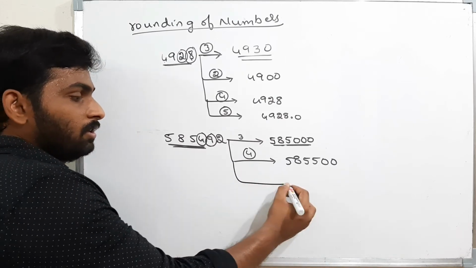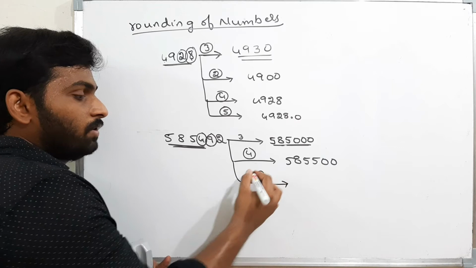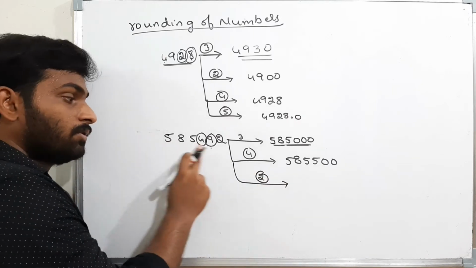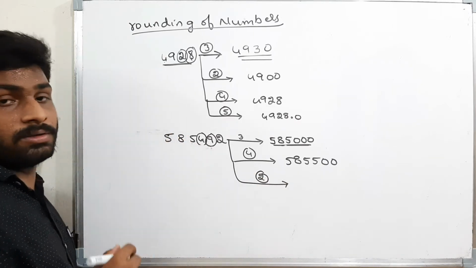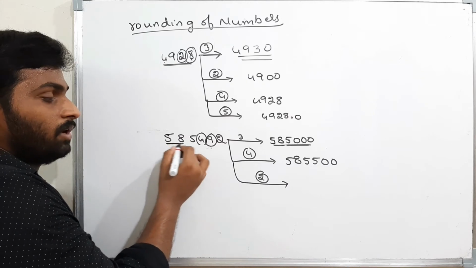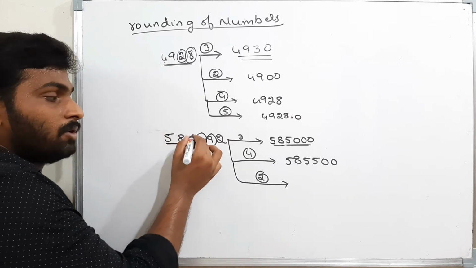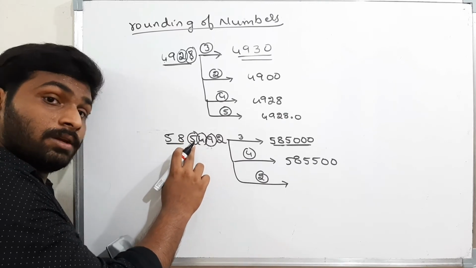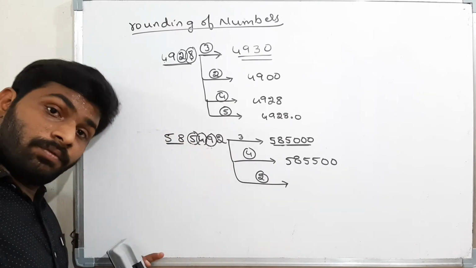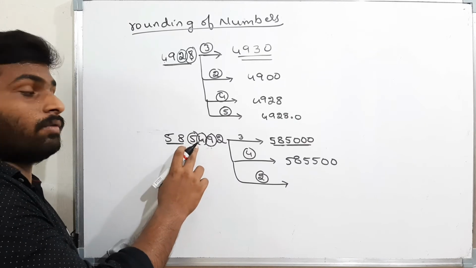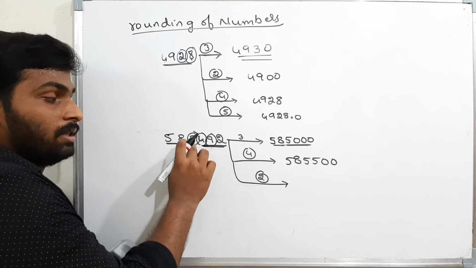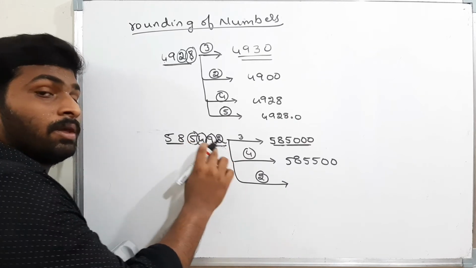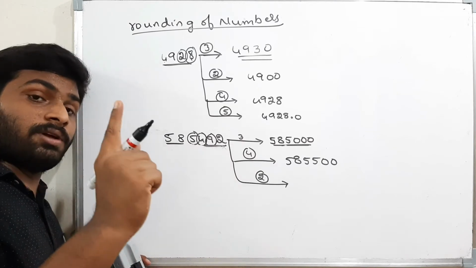Okay, now you will see. They told to round off this one to 2 significant figures. That means I only have to take 58. 582 is enough. That means I have to round off 5. Is it less than 5 or equal to 5? It is equal to 5. If it is equal to 5, well and good. Now I have to see whether it is followed by any numbers. This 5 is followed by numbers. When it is followed by numbers, I have to add plus 1.